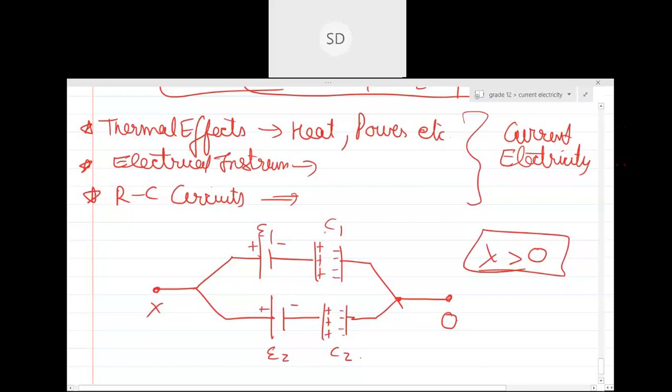Let's say the charge on this is plus Q and this is also the same. Why am I saying the same? Because the same charge is flowing through this. Over here, I have made this plus Q and this minus Q. So now what to do after this?